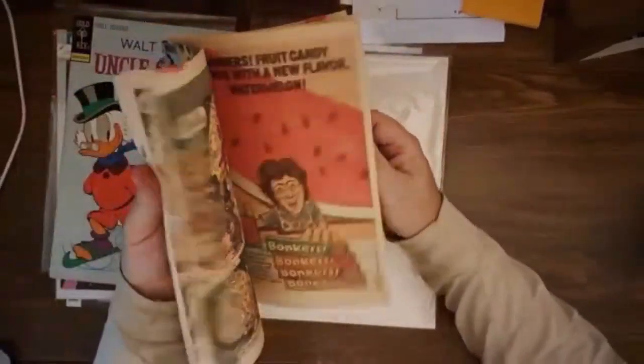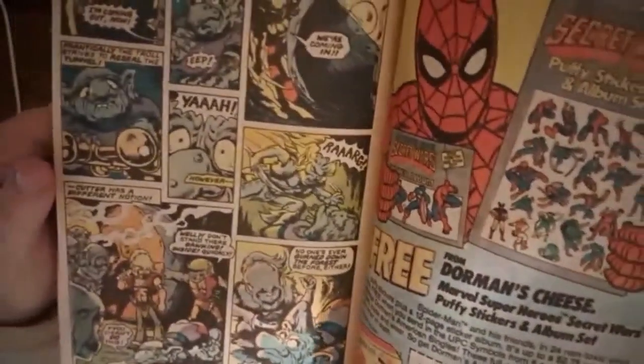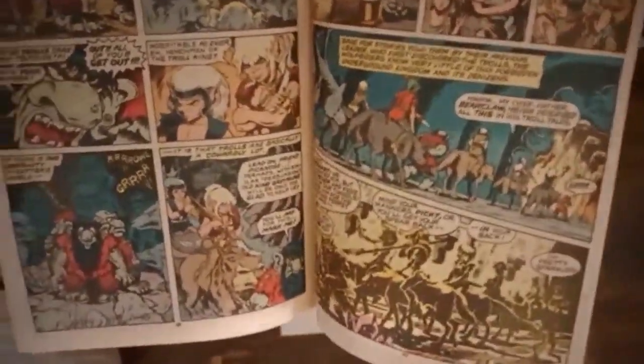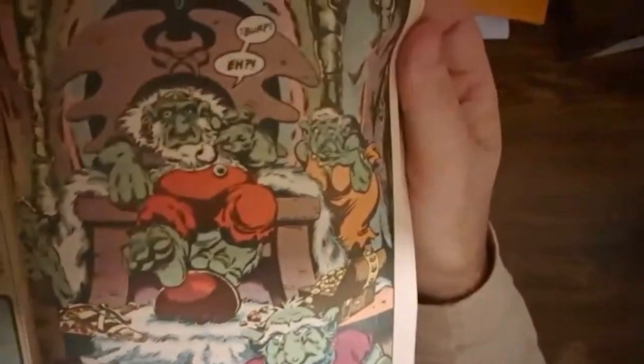The artwork is awesome by Wendy Pini, and it's very well written. It's very well plotted. It's a fun fantasy series. You got the trolls and what they look like, and this one is called Pick Nose, and that's the king there of the trolls. So yeah, I'm anxious to get